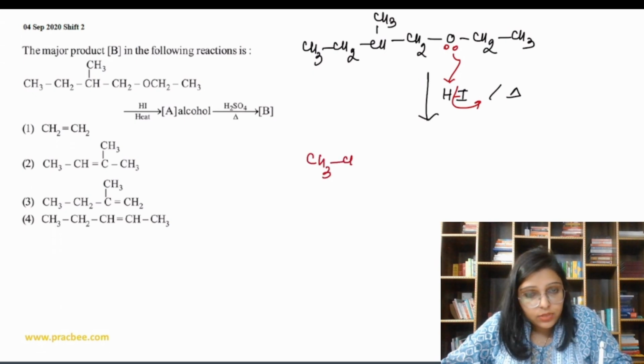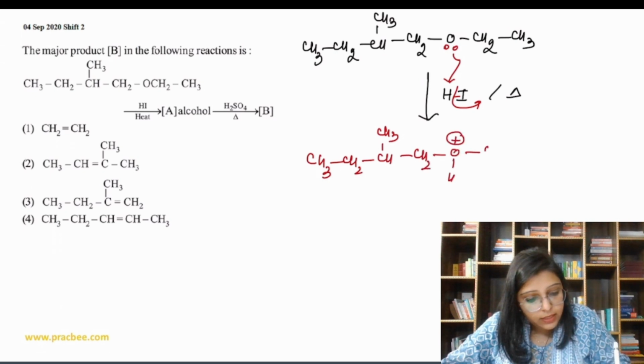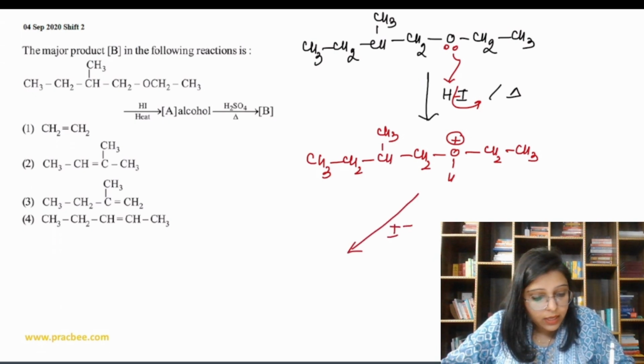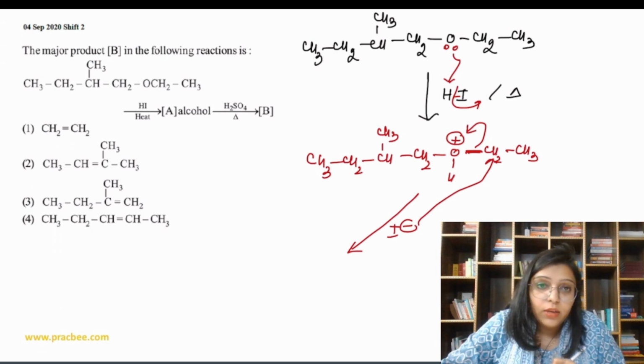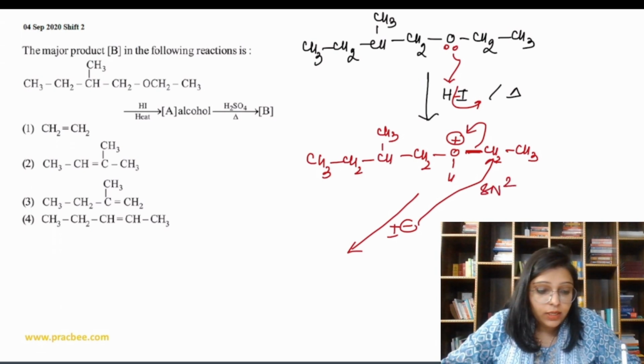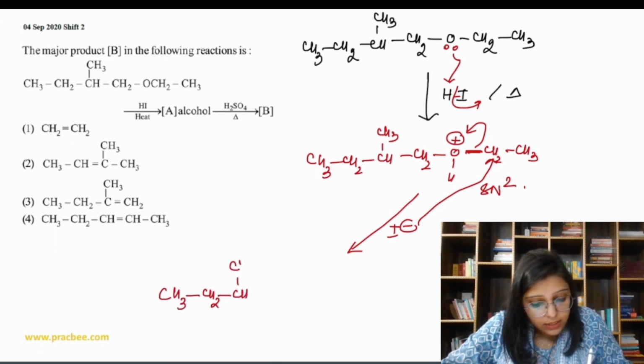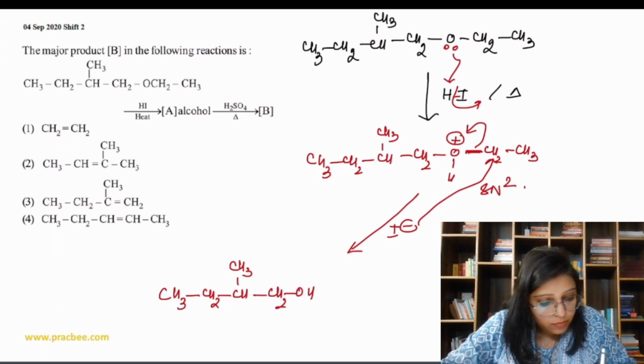So we get CH3, CH2, CH, CH3. Then we have CH2, OH positive and then CH2, CH3. Now I minus attacks on this carbon and the electron of this one shifts over here. We have to do SN2 attack. So CH3, CH2, CH, CH3, then we have CH2OH plus CH3,